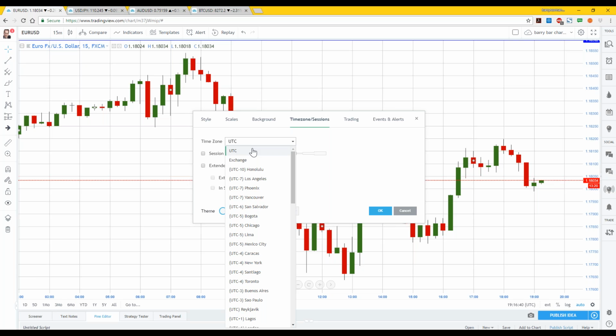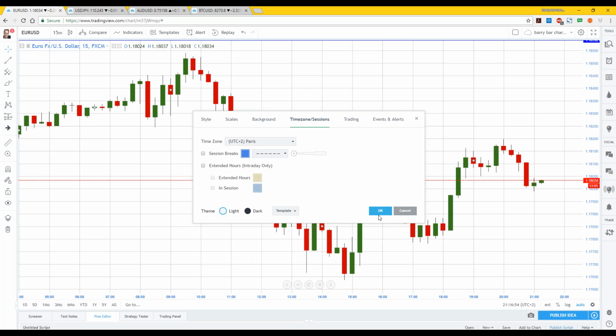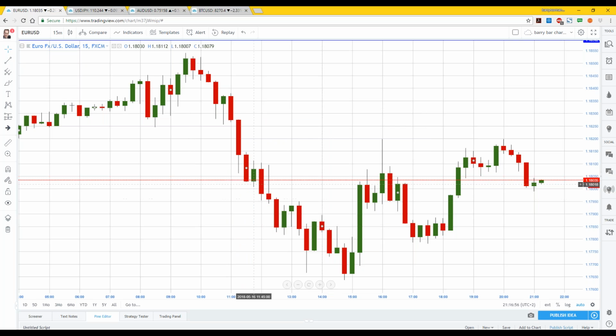That means I know all of my events by universal time. I don't use daylight savings time. I don't use my home time. I'm only concerned with that time frame. But if you live in Madrid, or Paris, you might want to use this, and you're using everything on your local time. You want to make sure your charts are set to your local time,